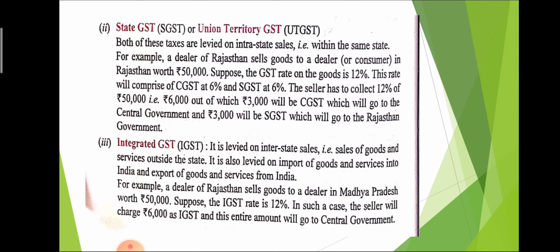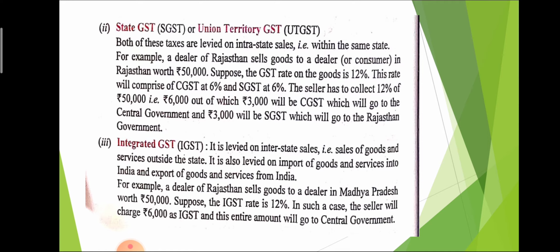So Rajasthan is one state and Madhya Pradesh is another state. The transaction exists between two states. At that time we charge IGST, which is given in the question as 12%. So 12% of 50,000 is 6,000, and that 6,000 is paid only to the central government,